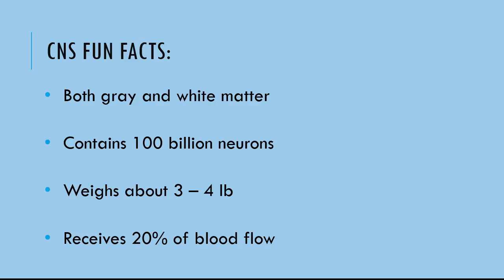The average brain ranges from 3 to 4 pounds. Generally, anatomically smaller people tend to be females, have this lower end, and then larger people would have larger brains, just a little bit larger. If you think about that mass, 3 to 4 pounds, and the distribution of blood, the brain itself receives about 15 to 20% of your total blood flow.